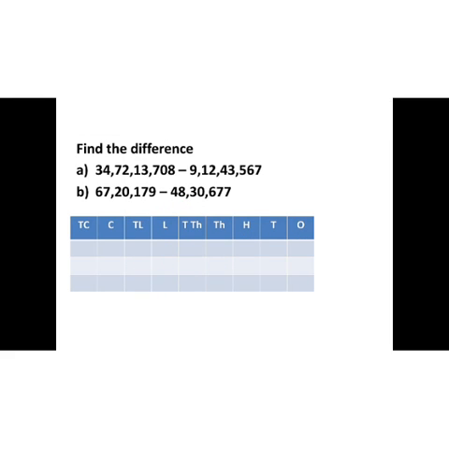Now let's move on. This is the property for subtraction. The order of subtraction cannot be changed. Now, a number subtracted from itself, we'll get the answer as 0. 0 subtracted from a number gives the number itself. If we are subtracting 0 from a number, we get the number as the answer.